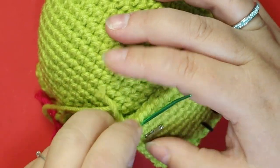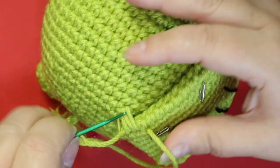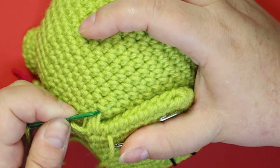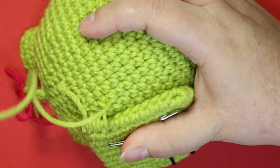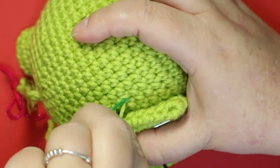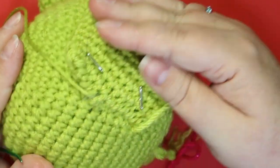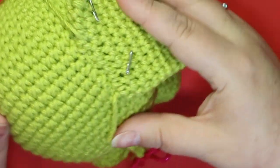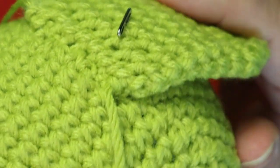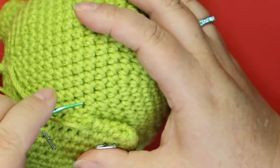You don't have to pull right away. You can pull after, or you can pull right away. It's completely up to you. Just make sure you're keeping it straight. So you have to pull fairly hard if you wait that long, but you can see that it'll pull it down flush to the head. And it's a pretty good hold too. Now if you wait that long, you stretch out your yarn a little bit, but